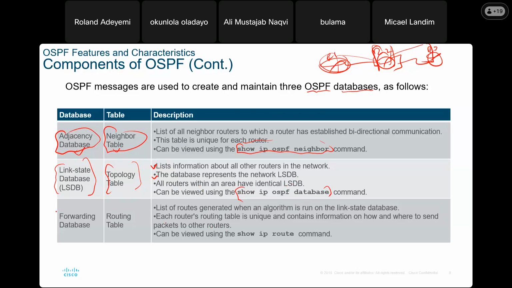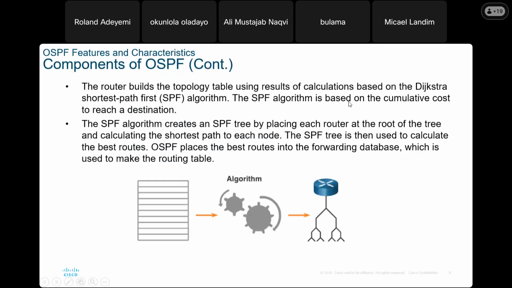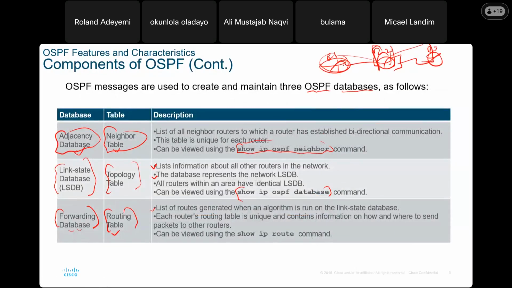And the last database is called a forwarding database, which is the same thing as our routing table. You guys are familiar with this terminology, routing table. Under OSPF, we don't call it routing table, we just call it a forwarding database. It's the same thing. So what is going to be in our forwarding database? The list of routes generated when an algorithm is run on the link state database. What does that mean? All the different ways I can pass through to reach a particular location